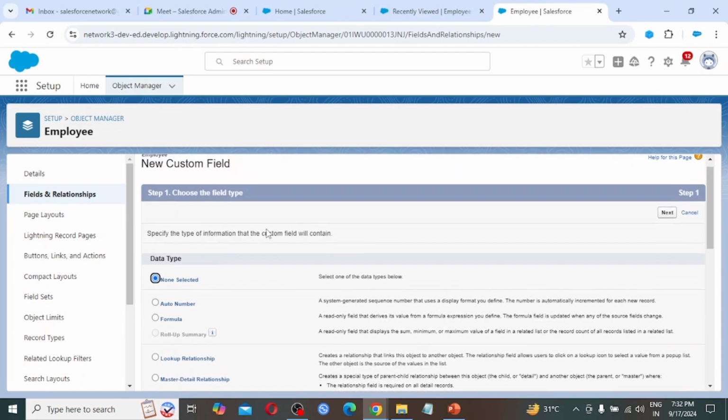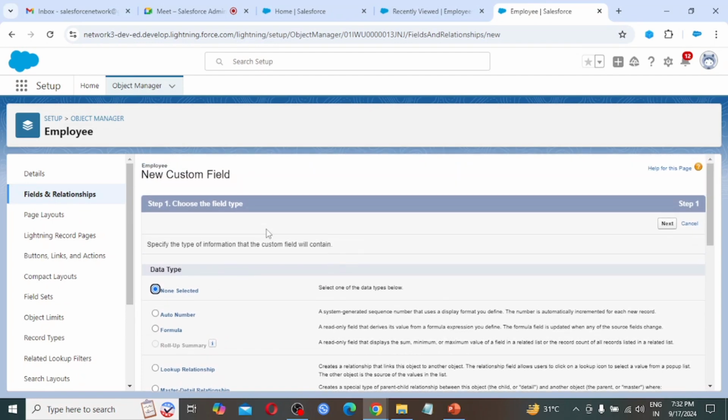This is a very important point. Whenever we need to create a field, in the first step we get choose the field type. Specify the type of information that the custom field will contain.